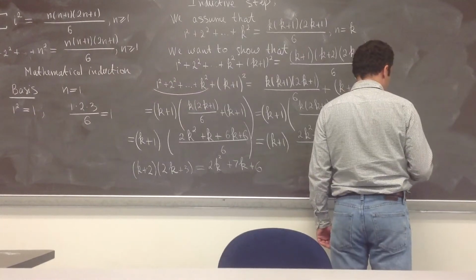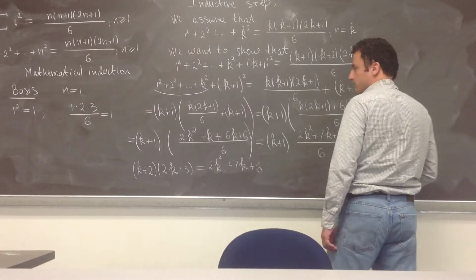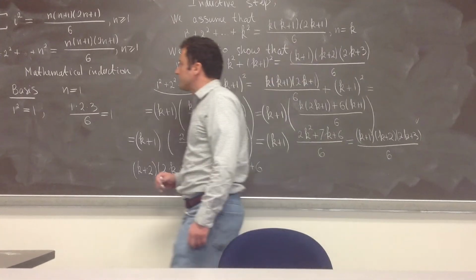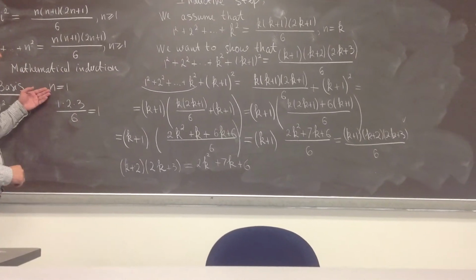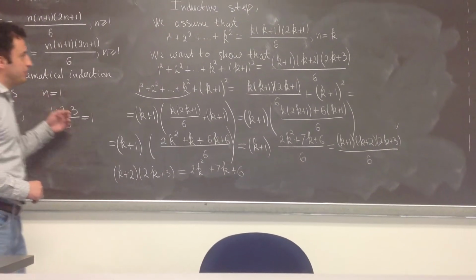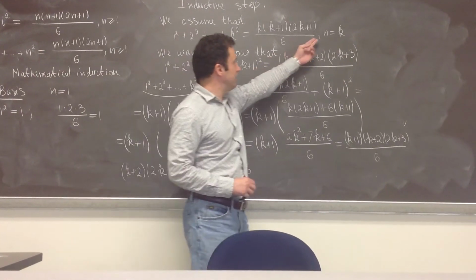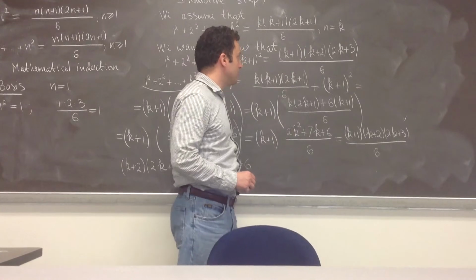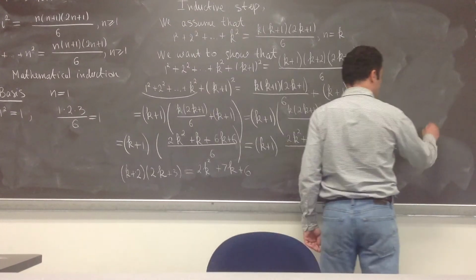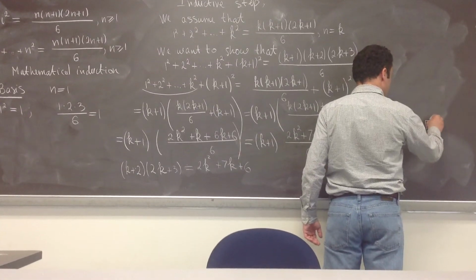That means that the statement holds true when n is equal to k plus 1, and that means that this formula is proved. Because we proved the formula when n is equal to 1, we assumed the statement holds true when n is equal to k, and we proved that the formula holds true for the next natural number n equal to k plus 1. And that means that this formula is